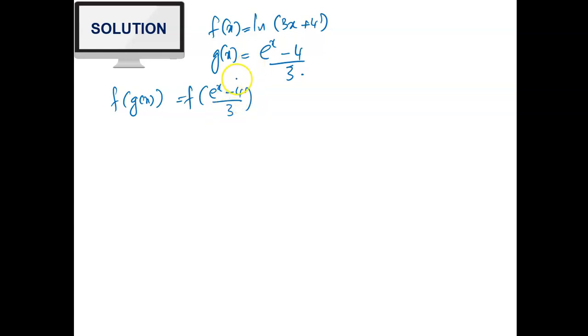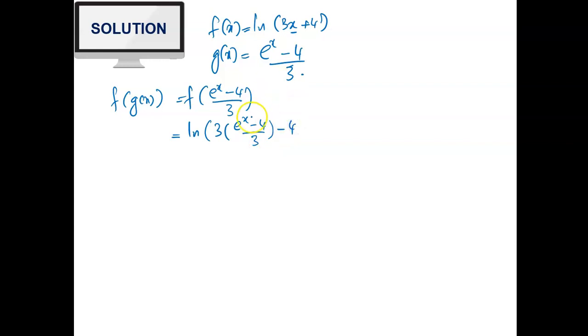And class, composite function is a process where we substitute the function g into the x of the function f. So natural log of 3x, where x equal to now e^x minus 4 divided by 3